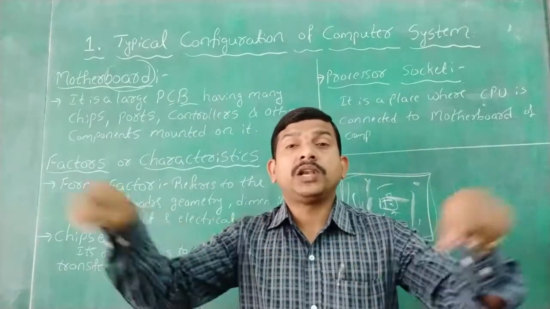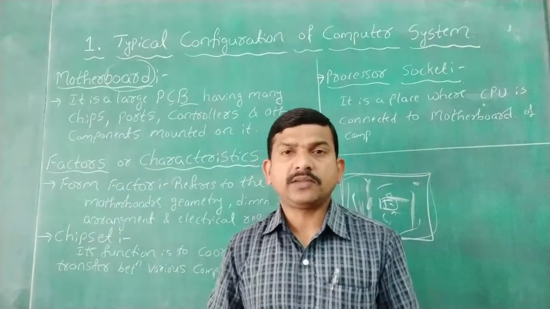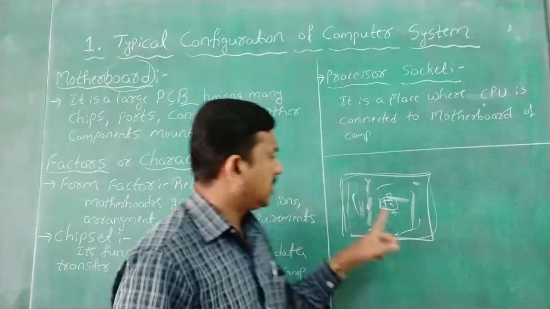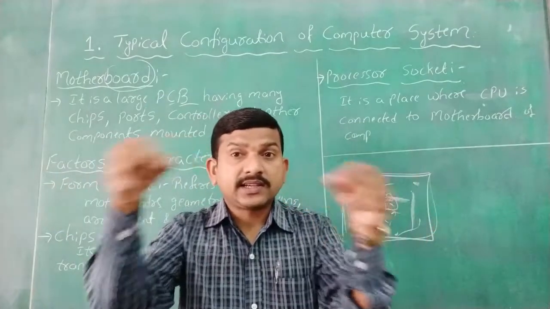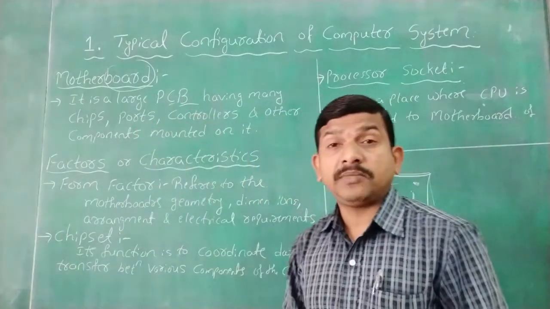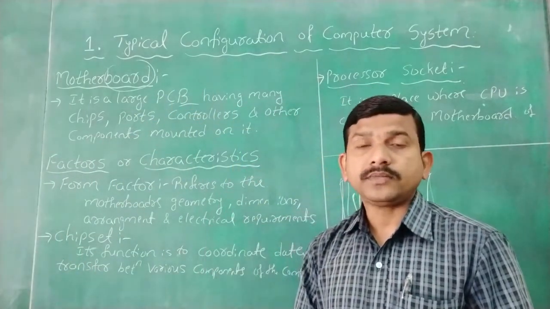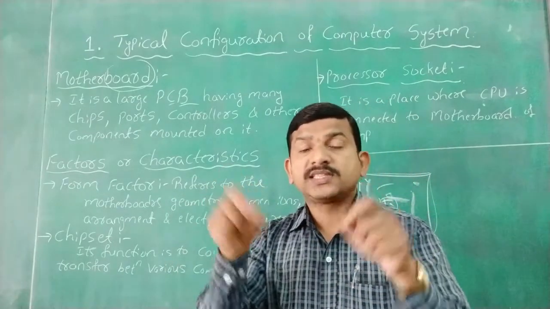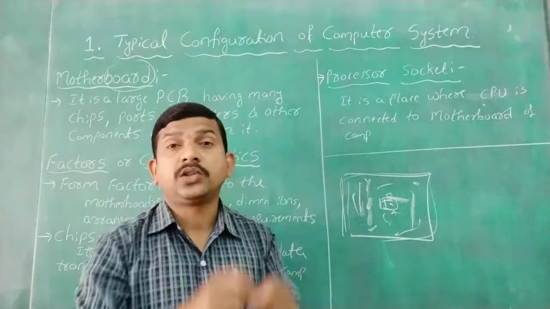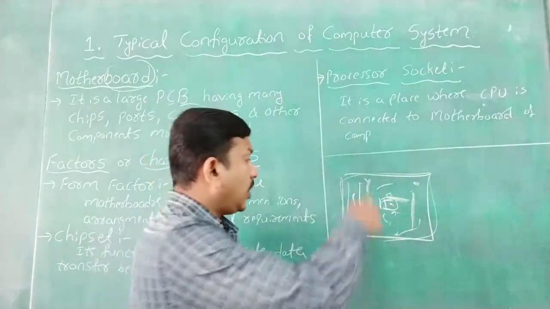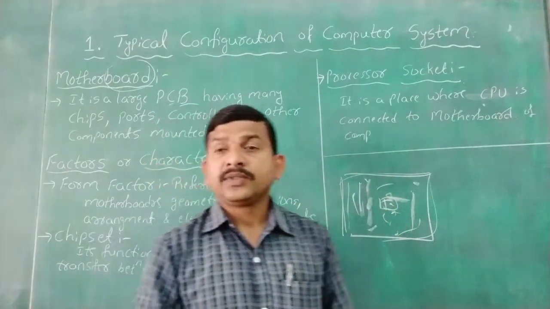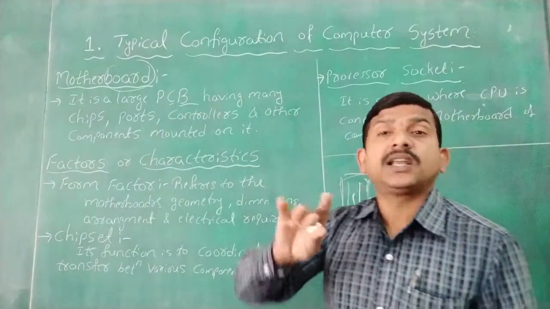Circuit normally means connections. Suppose this is one component and this is another component; all our components are connected. So printed circuit means already printed. The user will not make the connections. Already the computer engineers created this board and everything is connected. That's why it is a printed circuit board.